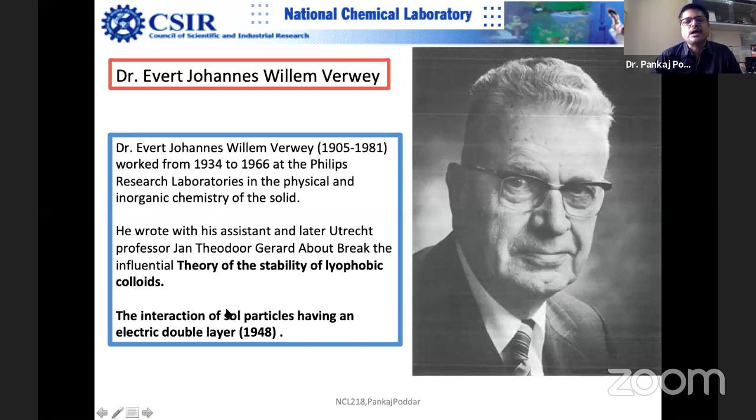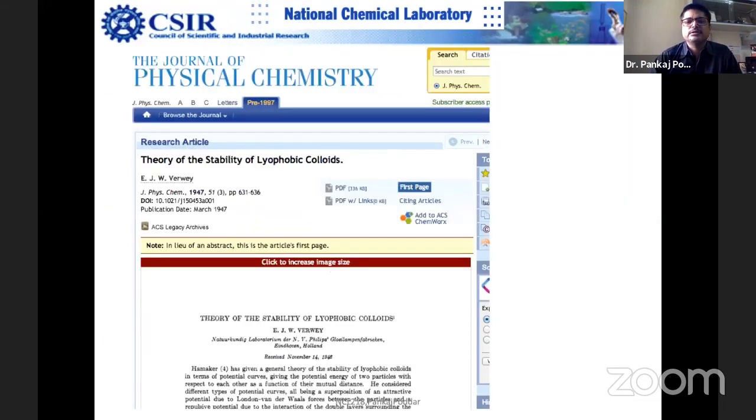So he was a hardcore theoretical physicist. He worked in the Philips research laboratories. But he worked a lot on physical and organic chemistry, which nowadays physicists don't want to work on. I was telling an example of one of my students. Anyway, I'll not discuss it because it's getting recorded. So he worked a lot on the stability of lyophobic colloids, and he worked a lot on this double layer. This is his paper in, I think, the Journal of Physical Chemistry,